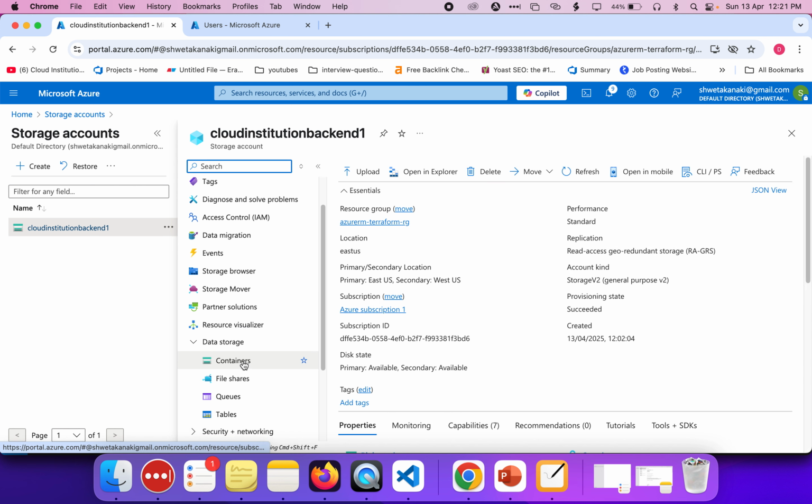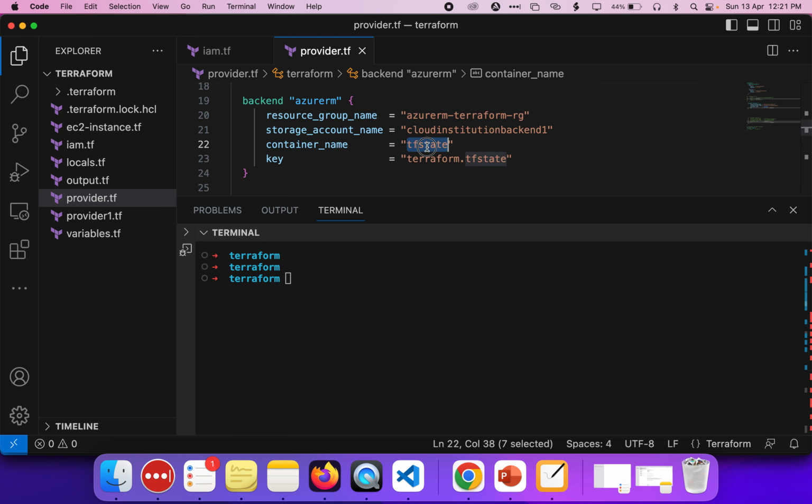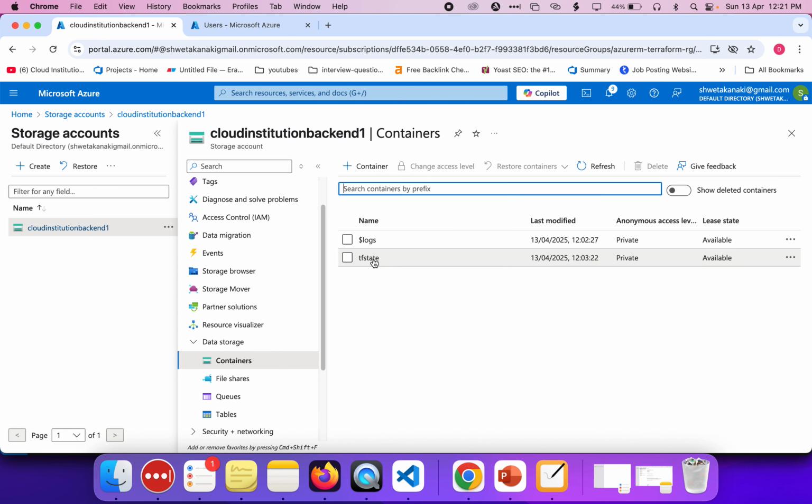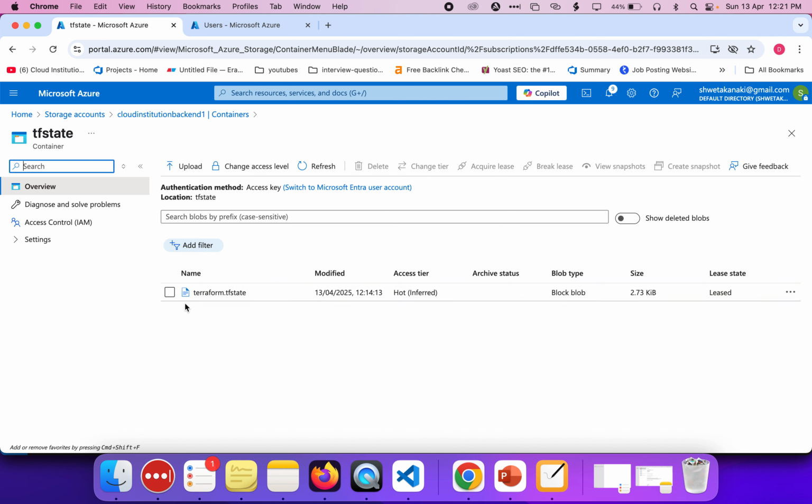Okay, so I have a container. What is the container name? The container name is going to be tfstate. So tfstate is what my container name is. Good, I have one container, tfstate. Okay, I'm going inside and I have a